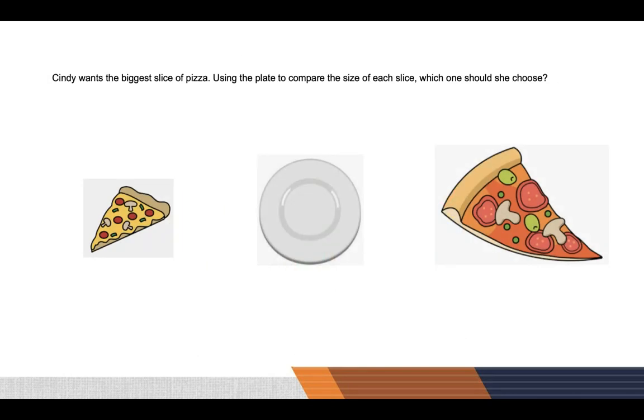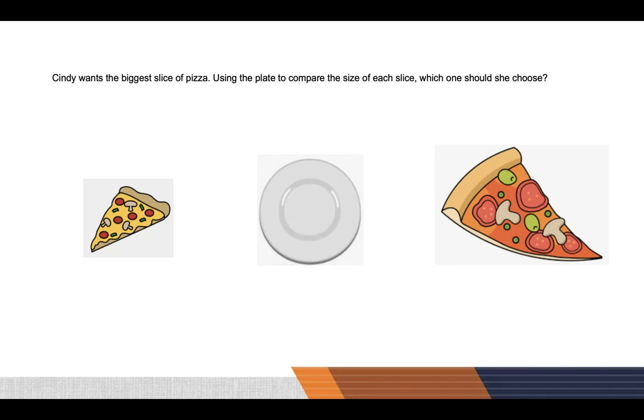Next, Cindy wants the biggest slice of pizza. Using the plate to compare the size of each slice, which one should she choose? So, Cindy knows that she can't just pick up both slices of pizza. She does not want to touch the slice that she's not going to eat. But she can carry her plate to both areas and put it next to each slice and compare the